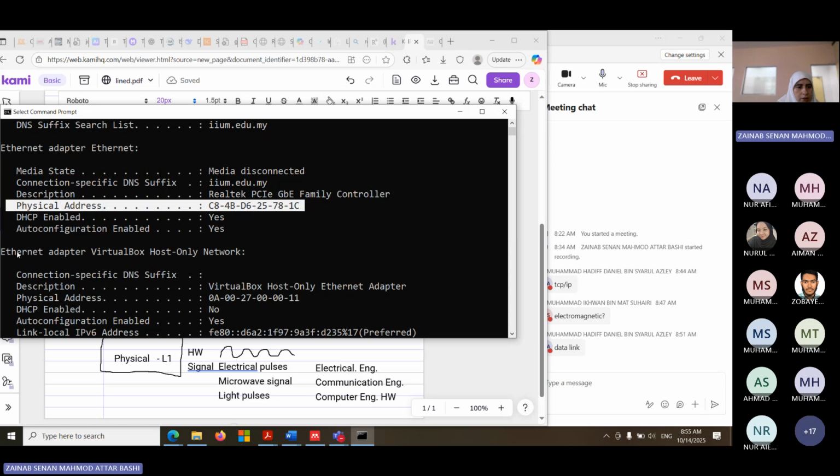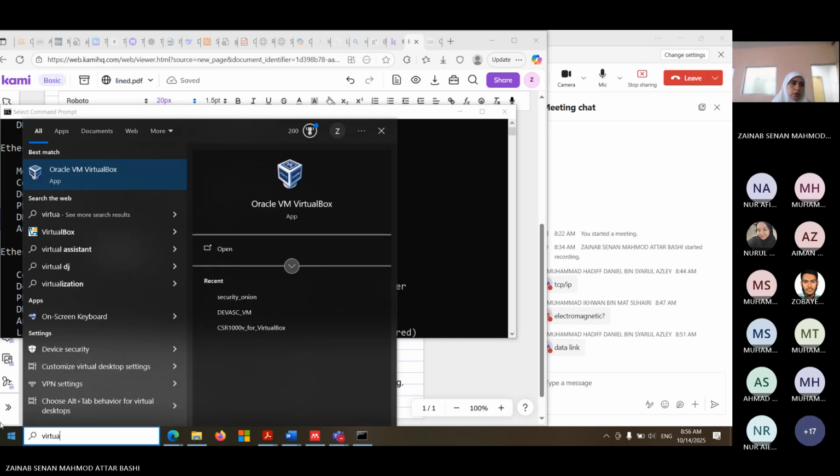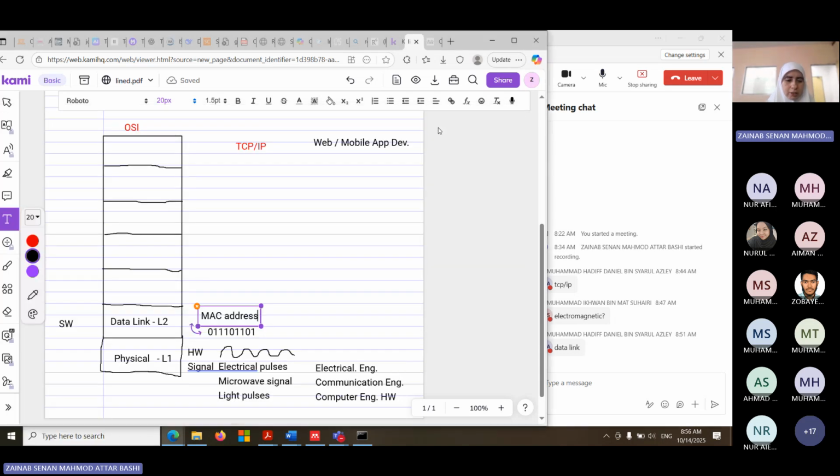Okay, let's check the next one. I have an Ethernet adapter for VirtualBox. Why do I use VirtualBox? It is Oracle VM VirtualBox. Because for security, people who study security need it in order to create a virtual machine inside your computer, to avoid affecting your computer with whatever security things or attacks you are doing. Of course, we use virtual machines for many more reasons, but in general, that's a virtual machine.